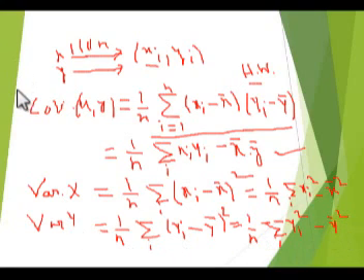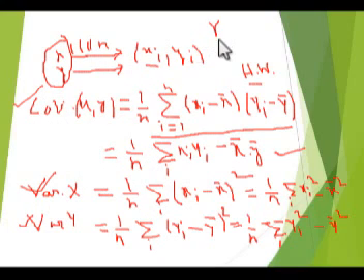So if x and y take n number of values, then the covariance, variance of x and variance of y can be represented by this data, and this can be used to develop the correlation between x and y. This is called the correlation coefficient. So the correlation coefficient can be calculated using this data. If you are given two variables with a number of data, then you can very easily calculate the correlation coefficient.